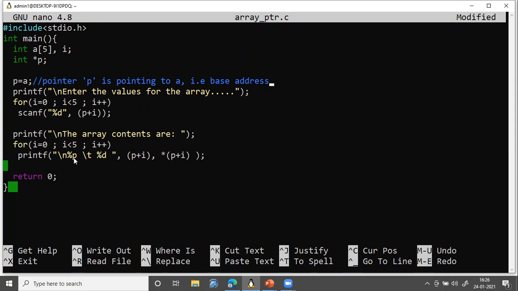So first I'm going to display the address and then the value, so that you will understand each value is stored at which address and how there is a gap of 4 bytes for each value, because as it is an integer array, each value occupies 4 bytes. So here it is percentage %p.